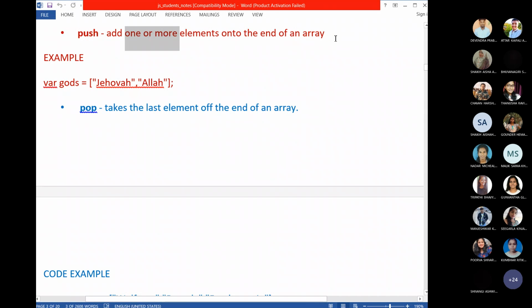For example, there are 3 elements in the array. You want to add a 4th element. You can use push. Or you want to add 4 and 5, 2 more elements. You can use the push method, but where will it be added? The first 3 elements will be in the same position as they are. These 2 newly added elements will be added in the 4th and 5th position of the same array. So, the push method will add one or more elements at the end of the array.